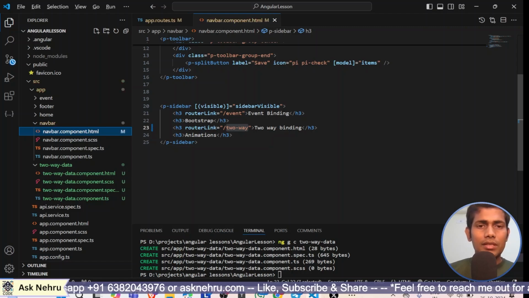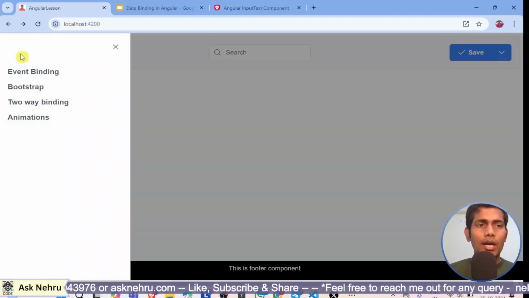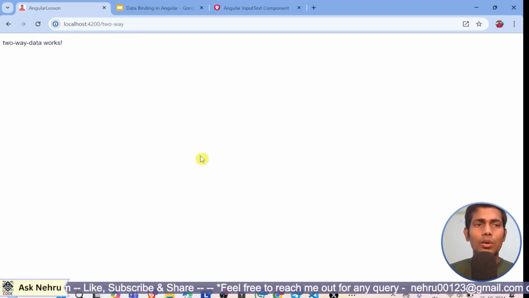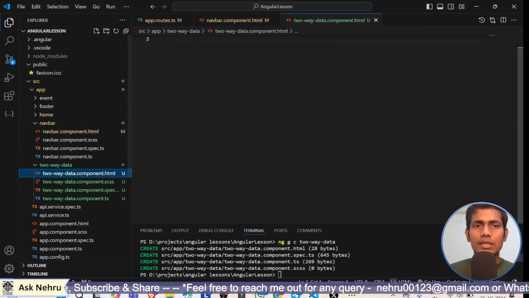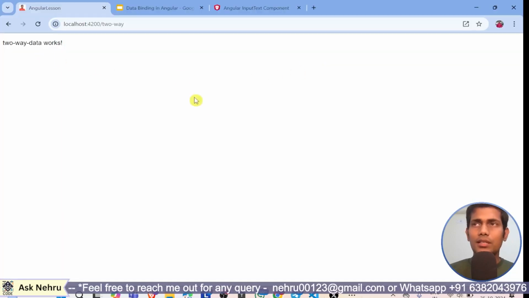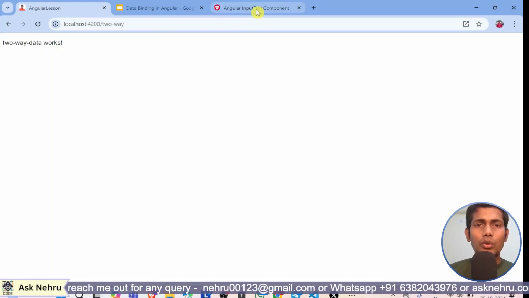So I save it and go to the UI. In the menu icon, I go to two-way data binding and click it. Successfully we are redirected to two-way data works, because this is the first primary boilerplate code as given here. Two-way data works is displaying here. That's really nice, guys. Now I go to Angular